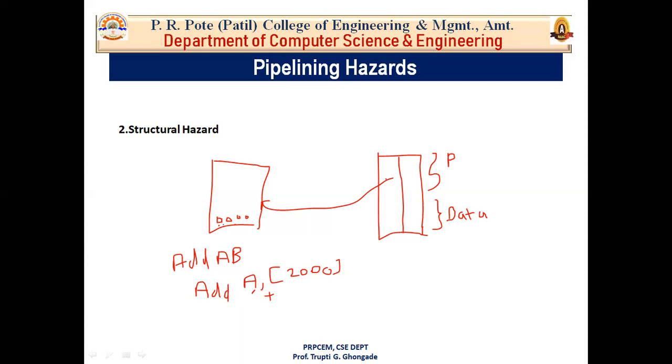Okay, so what is the difference between RISC and CISC? RISC stands for reduced instruction set computer. It has lots of registers. So if you have lots of registers, obviously most of your work happens on registers, so your dependency on memory will reduce. As dependency on memory reduces, this drawback automatically diminishes. So to remove the structural hazard, we have to use RISC processors, which have lots of registers to hold the data. Okay, so this is about superscaling, multiprocessing, and pipelining hazards.